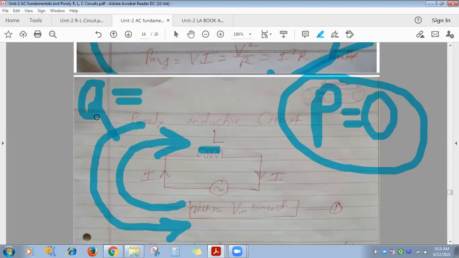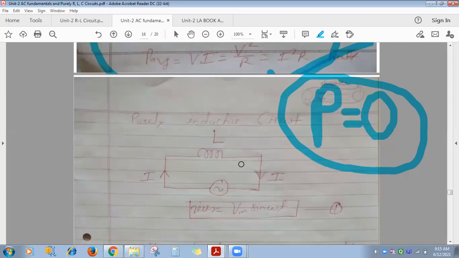So in case of inductor and capacitor, the same thing happens. They do not consume any power. Power consumed by them is 0, and P is equal to 0 you will get, and power flows continuously from source to load and load to source. That is called reactive power. And we pay electricity bill only for P, capital P. We do not pay electricity bill for Q.